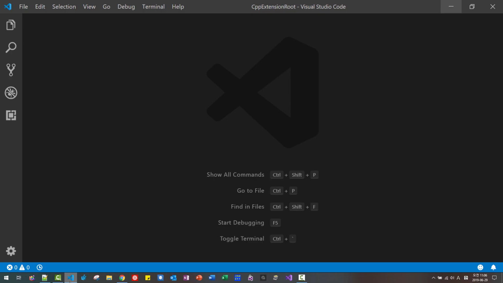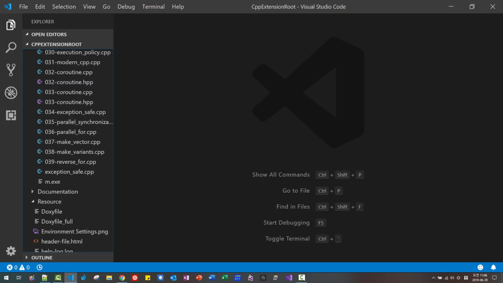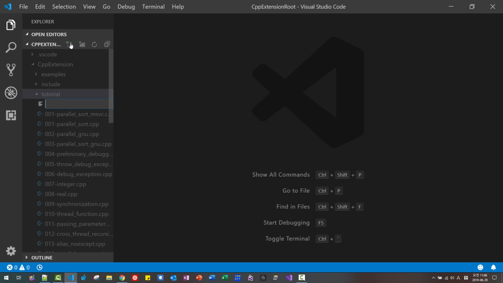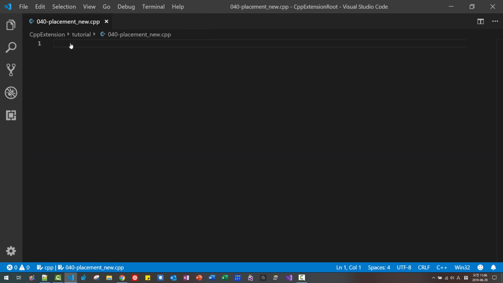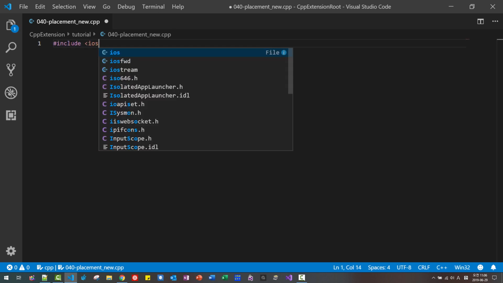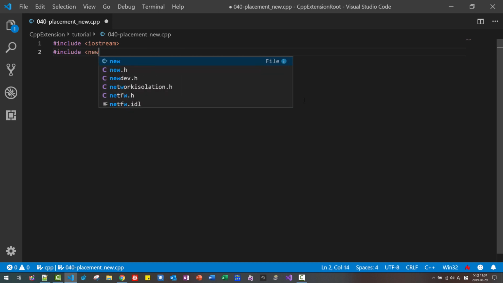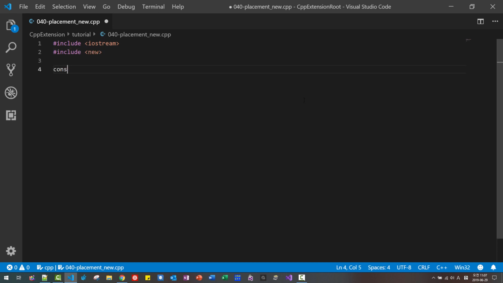Start Visual Studio Code. Click this button to display the Explorer pane, the CPP extension tutorial folder. Click this button, 040_placement_new.cpp, hit enter. Paste. #include <iostream>, #include <new>,